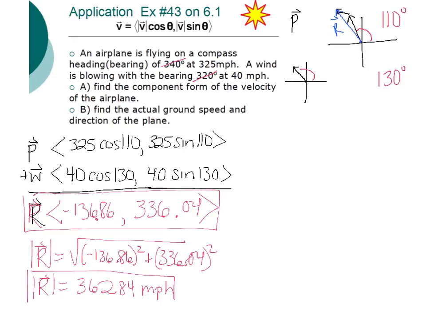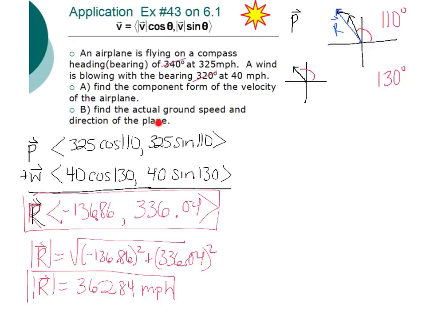Now let's look at if that would make sense. Remember, the original airplane was going 325, but that wind was going enough in the same direction that it was kind of helping it and ended up increasing its speed to 362. Now it didn't increase it by 40, that would have been 365 if the wind was pushing it directly in the exact same direction, but it did increase it a lot. All right, we've got our actual ground speed, and the last part is to find the